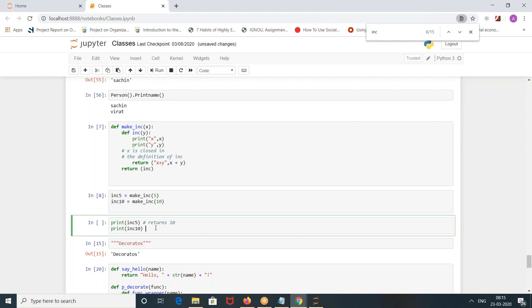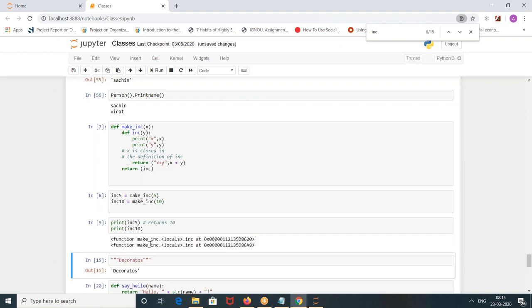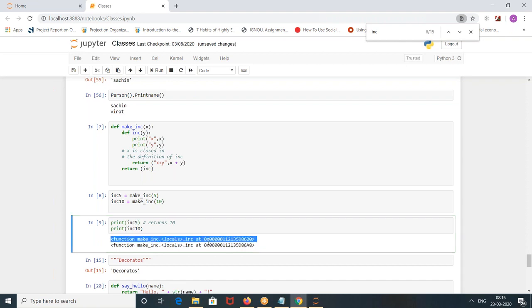So what would it return right now? It would not give you anything, it will just give you the function location. You did not call the function. You are just writing the function name and running it, so it will return the function memory location.